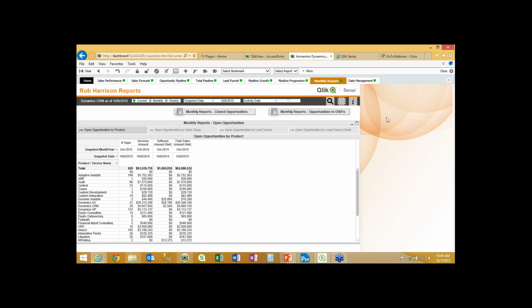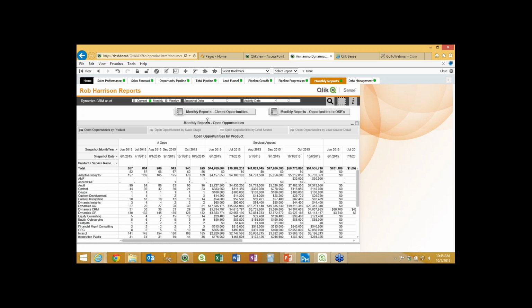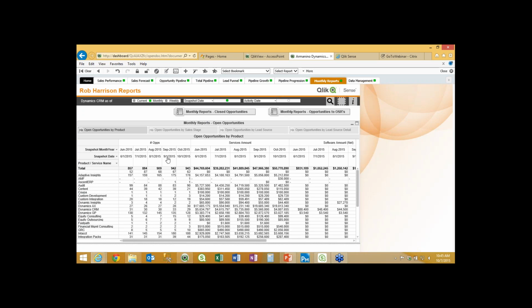instances and use cases, certainly within Armanino, and no doubt within your own organization, where we actually need to look at a slightly different view. And so if, for instance, I click on this monthly option here, I now have different snapshots available for me. You can see that we started capturing this data in June, so I have June, July, August, September, October, and I have the start of the month picture for each of those. So I can, for instance, go in and select all of those months,